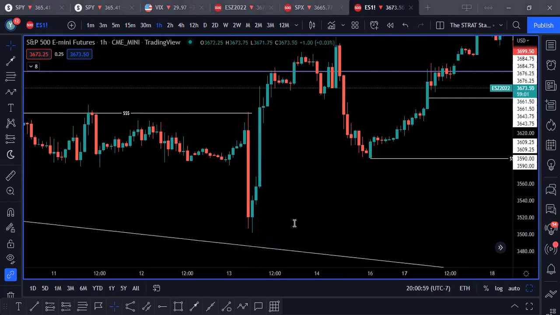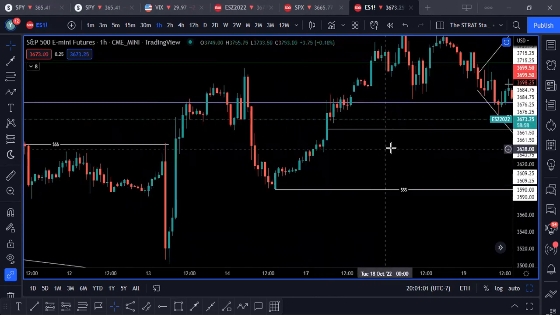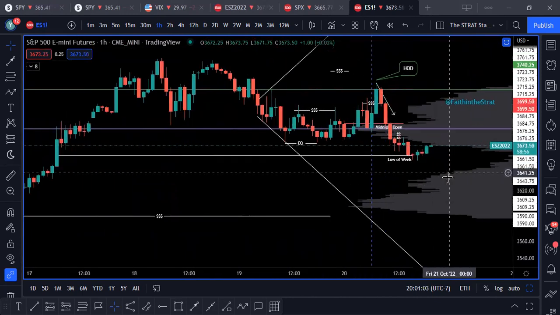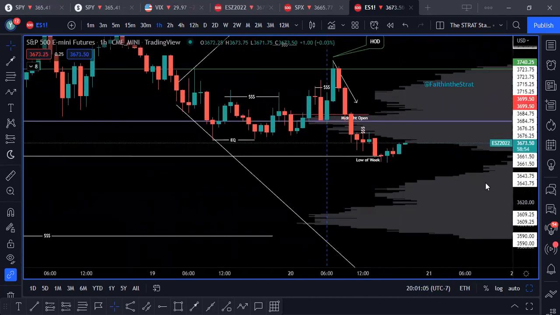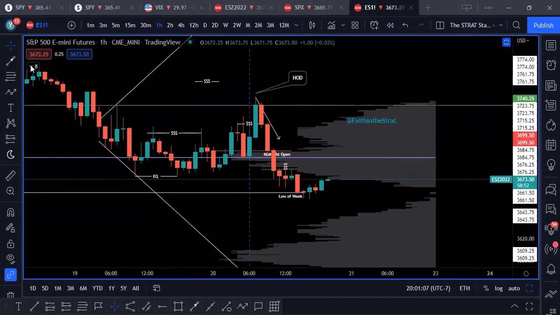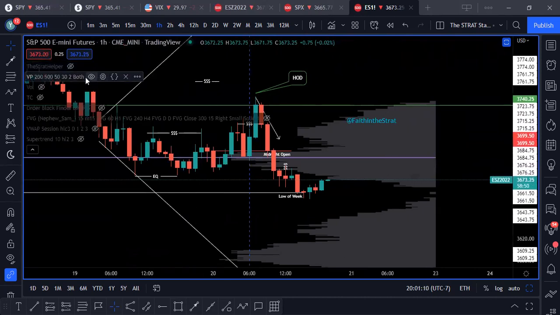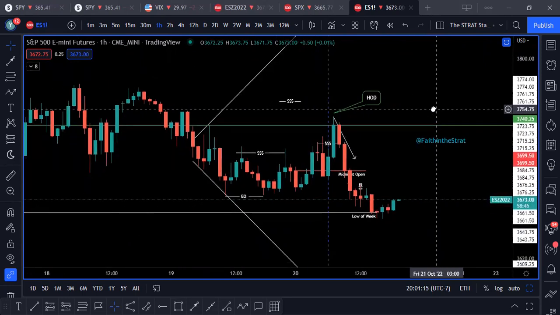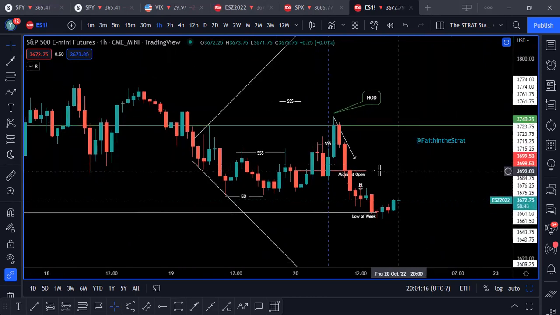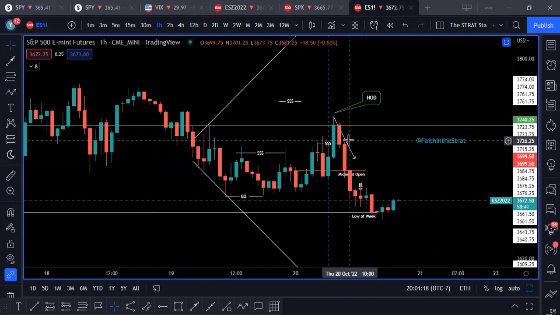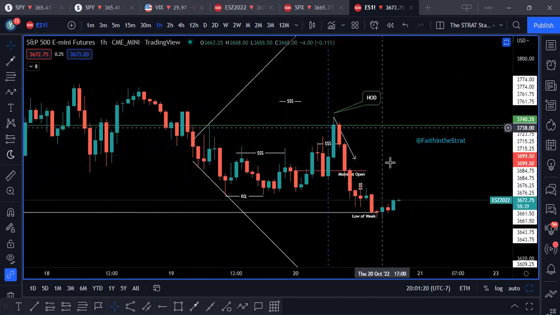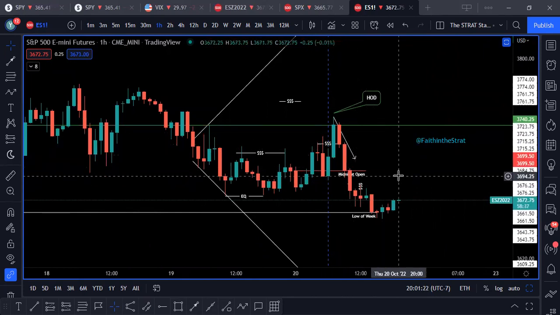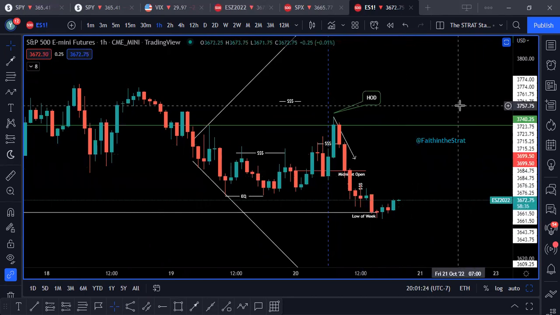Another thing I'll recommend, outside of the mentor, outside of just ICT, is have your own personal setups. Like I have my own personal setups outside of the strat, or setups in my head that I look for. One of them I got from Common. It was in a strong uptrend. They call it the first red. So I would just look for the first red day and look towards the bottom of the day to try and trade a reversal.